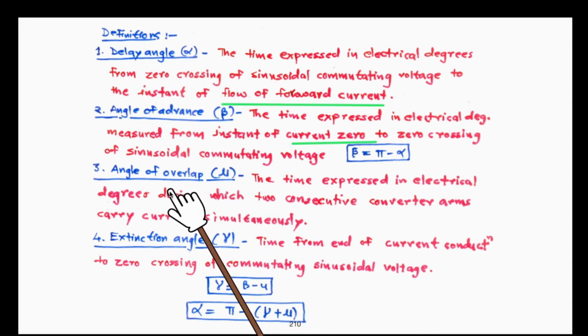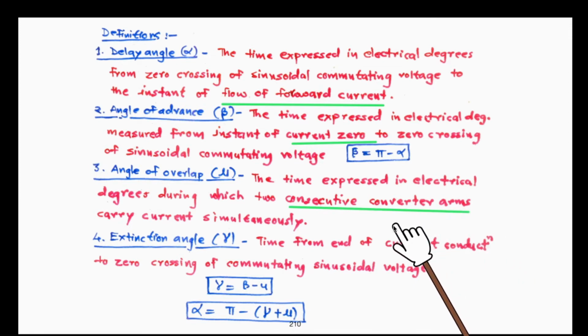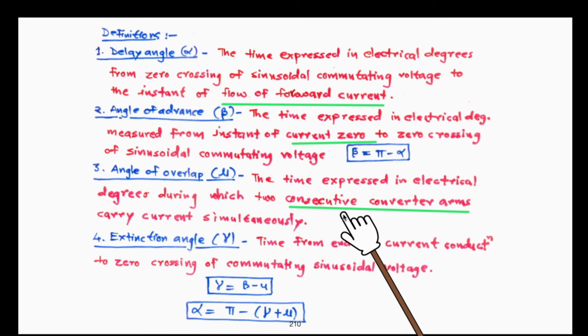Then next is the angle of overlap, during which two consecutive converter arms, thyristor 1 and thyristor 3, two different arms from, maybe, the top layer, conduct simultaneously. Otherwise, in stable operation, if there is no source inductance, a pair of thyristors, one from the top layer and one from the bottom layer, connected to two different legs, conduct at a particular time for 60 degrees. So commutation overlap is mainly due to the source inductance.